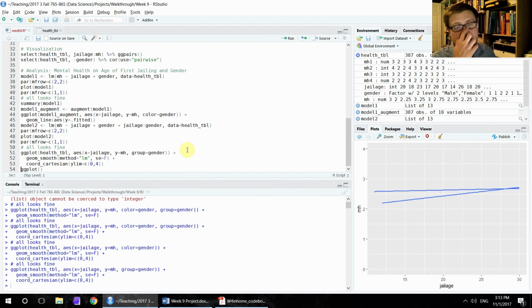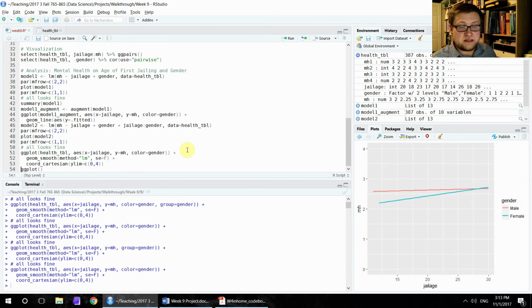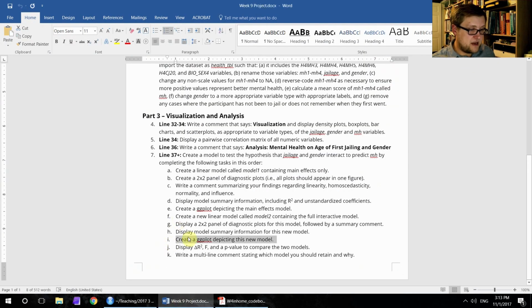Yeah, so the lines are still there, but there's no way to distinguish between them because we didn't use color. So there you go. Apparently we don't need group. Good to know. So that's the end result of our ggplot. If we go back here, we're now going to need to display delta r squared, f, and a p-value to